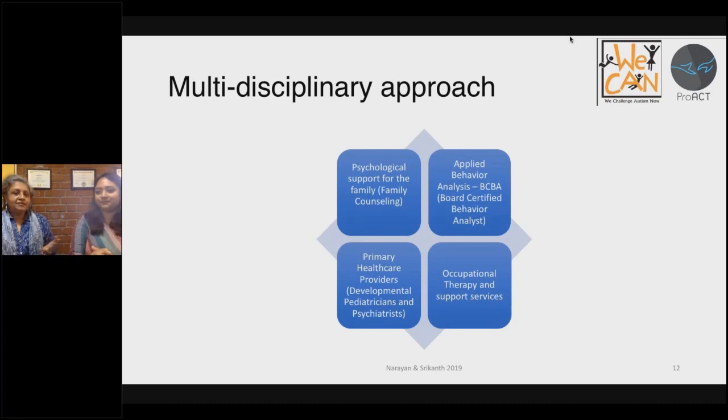So what happens if the child is diagnosed with ASD, right? So this is a very textbook thing we've all read about, the transdisciplinary approach, multidisciplinary approach. It exists in many places, but there are many countries and situations and places where we're still trying to get there. But this is an ideal scenario where the parent